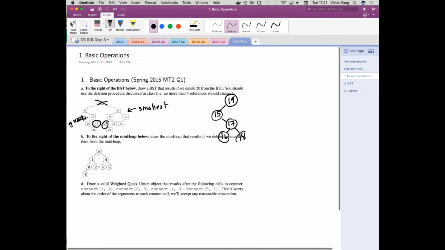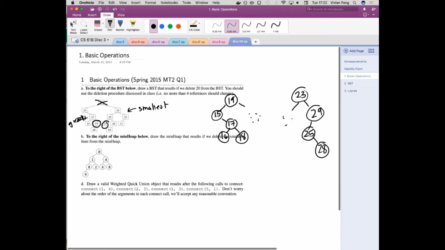Yeah, we just stick it here. We just move it up where it used to go. And then the other half stays exactly the same. Now what if we put 23 up here? So we know the left half stays the same. And then the 29 is going to go here, 25, 28.